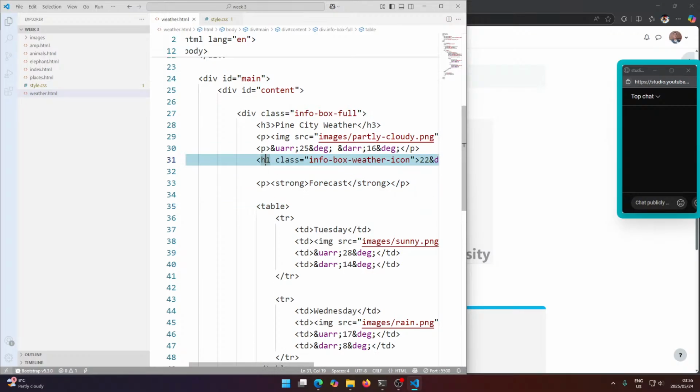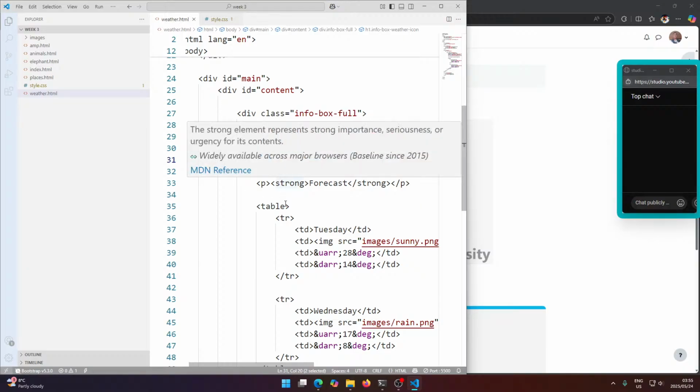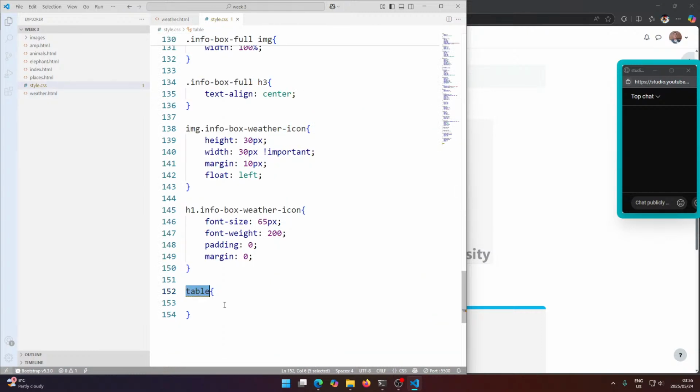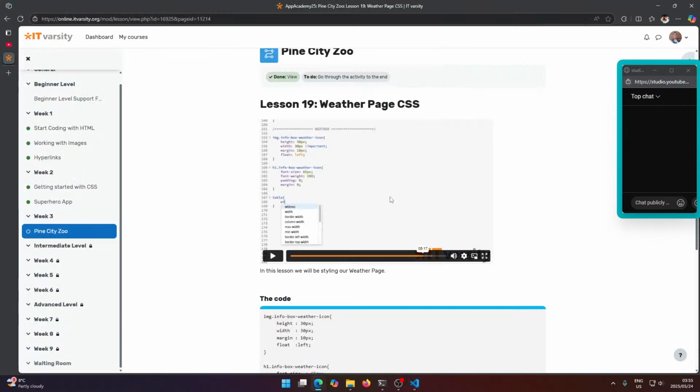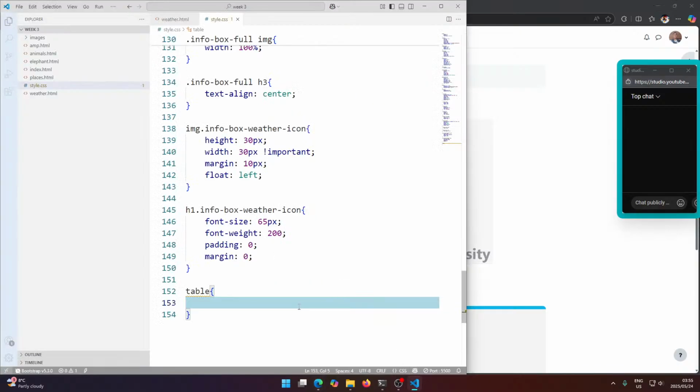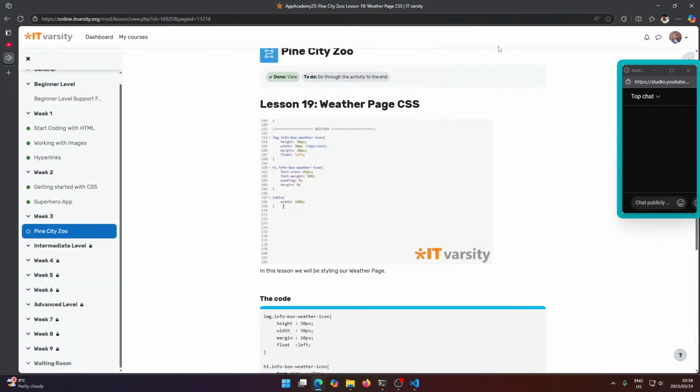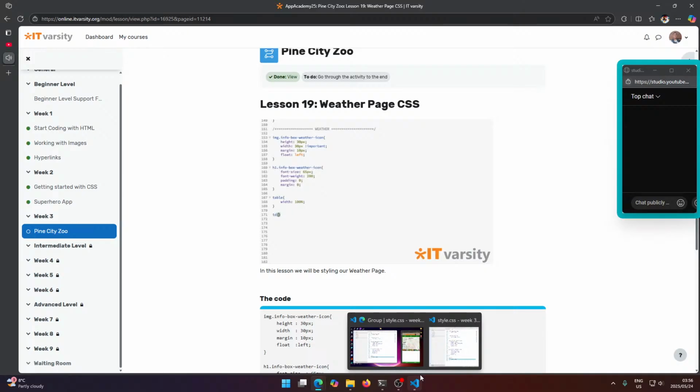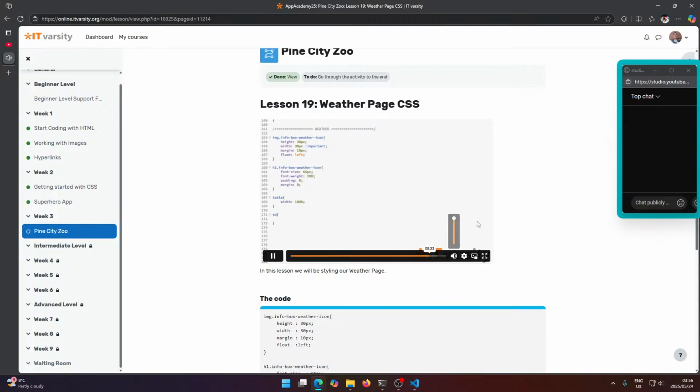But obviously for a H tag here, we can't style that directly because then every single H tag on our entire website would get styled. So yeah, we're styling table here. We set its width to 100%. And finally, we set a style for the TD. We set its border top to a 1 pixel